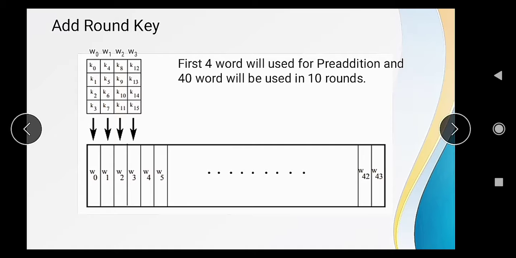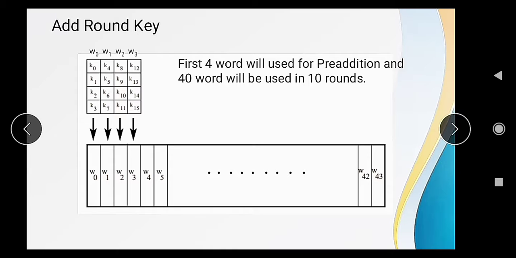Similarly for W1 the values will be K4, K5, K6, and K7, and so on. So this is the way to generate the words. And similarly we will expand this process from W0 to W43, means we will create an expansion table.